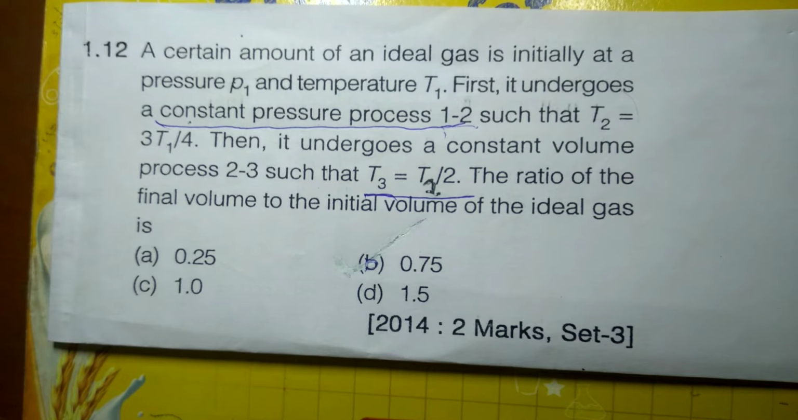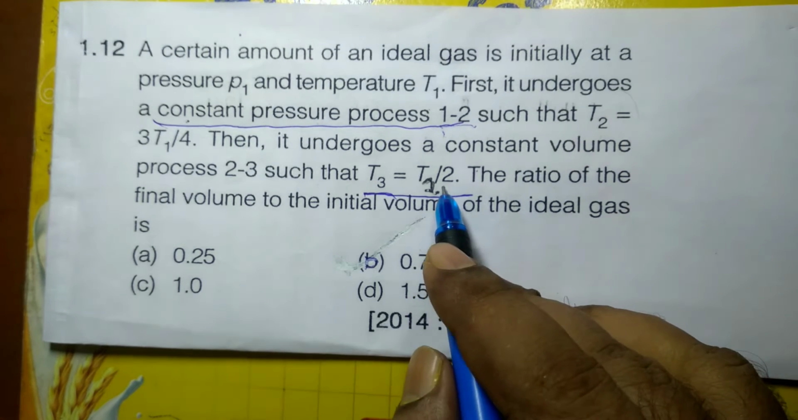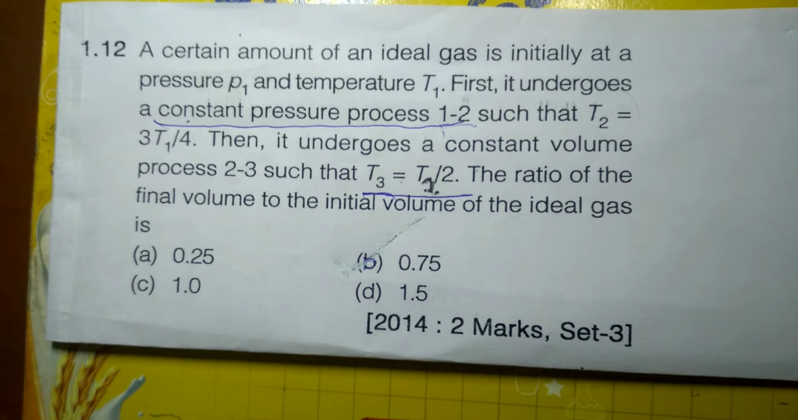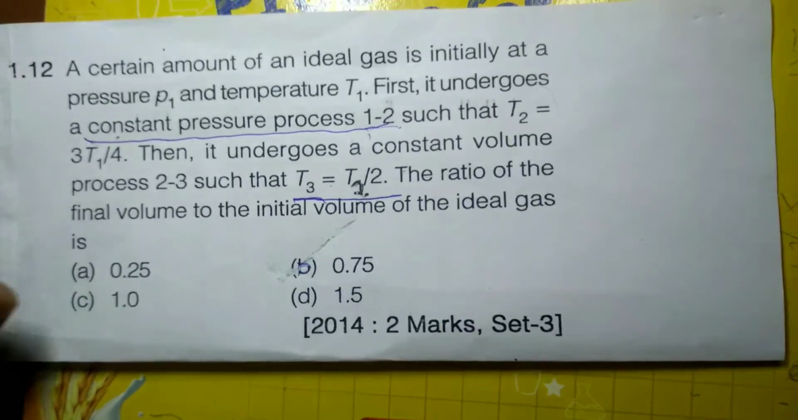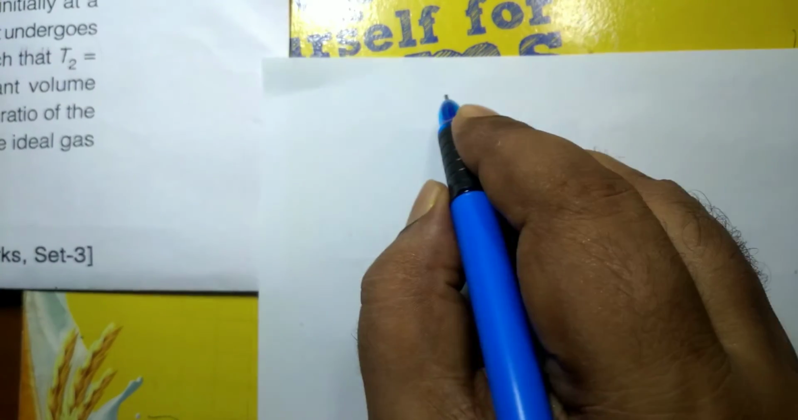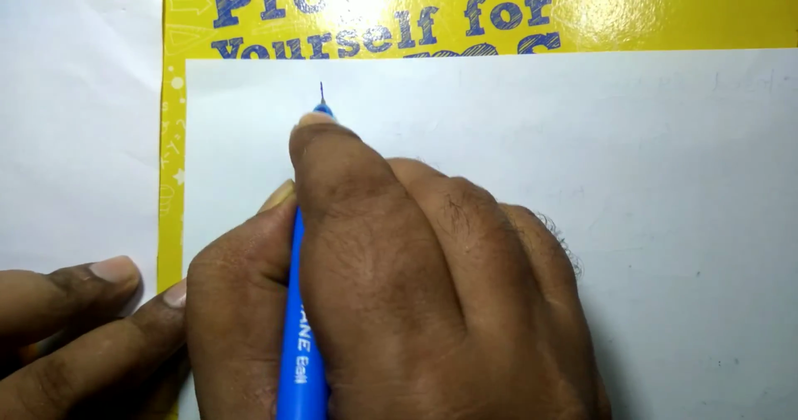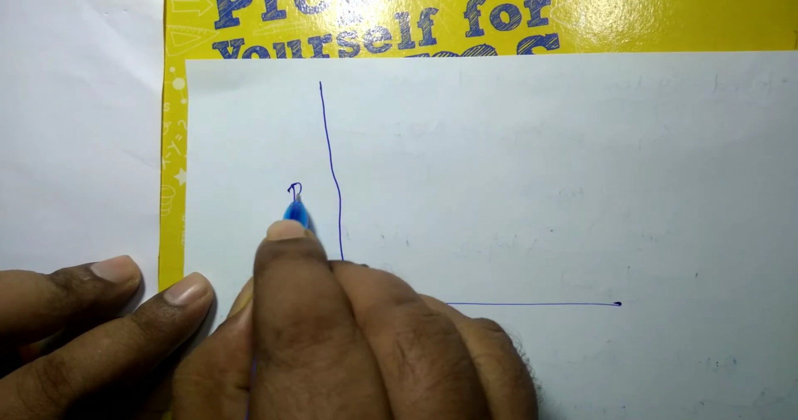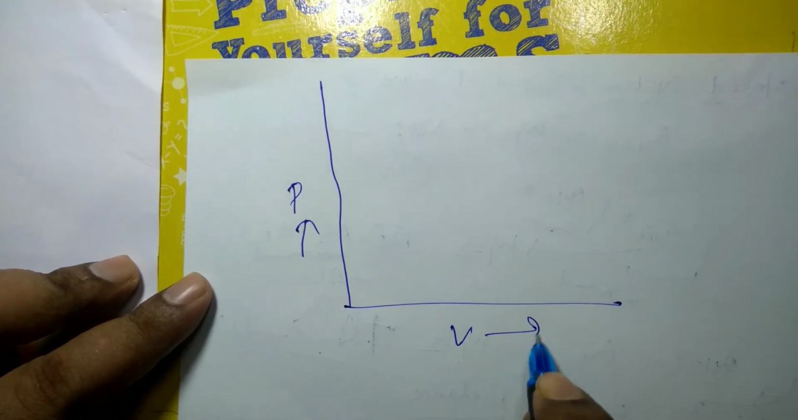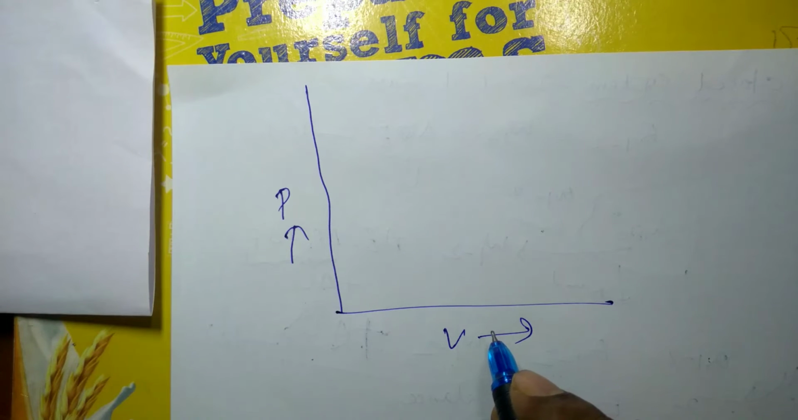ये कांस्टेंट वॉल्यूम प्रोसेस होता है। यहाँ भी टेम्परेचर डिक्रीज हो रहा है क्योंकि T2 डिवाइडेड बाई 2 इज T3। सो द रेशियो ऑफ द फाइनल वॉल्यूम टू द इनिशियल वॉल्यूम ऑफ द आइडियल गैस हमको निकालना है। सो हम पहले अगर PV डायग्राम ड्रा करेंगे, ये दोनों जो प्रोसेस है, एक है कांस्टेंट प्रेशर प्रोसेस एंड दूसरा है कांस्टेंट वॉल्यूम प्रोसेस। सो अगर PV डायग्राम ड्रॉ करेंगे, दिस इज PV डायग्राम।